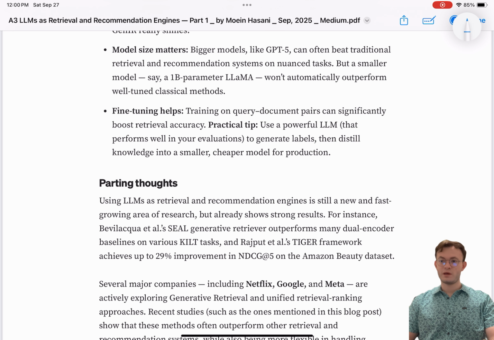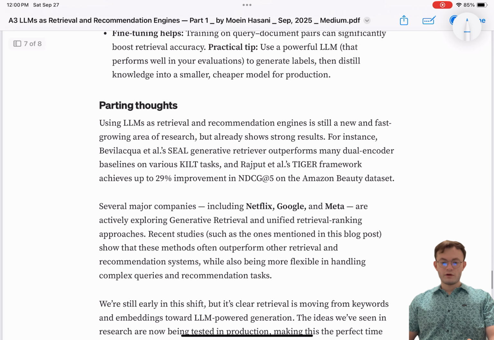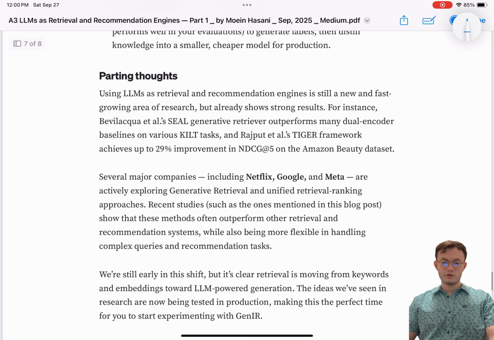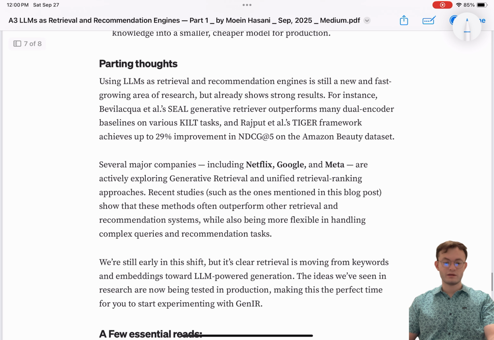I've done some experiments on a few different use cases, and I have seen that even a GPT-5 model with no fine-tuning is able to outperform tree-based models that are exactly trained on that task. But maybe a small 1 billion Llama model may not be able to do that without fine-tuning. So fine-tuning definitely helps in this scenario, but if you don't do it, you can still use this generative retrieval method with a large LLM, and using constraint generation, you make sure the items are valid.